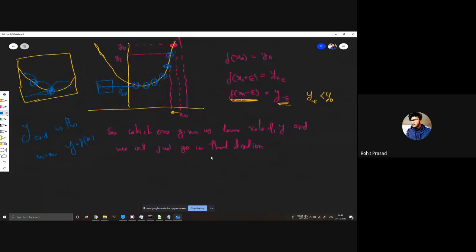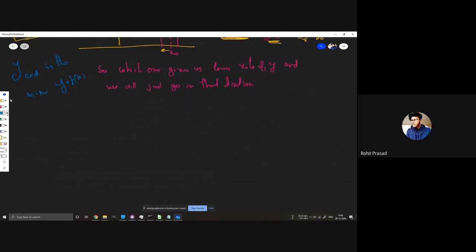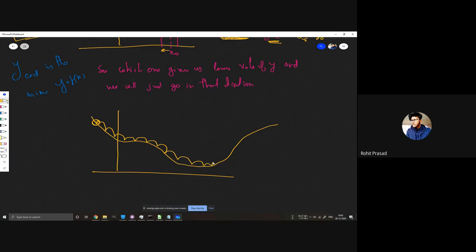Okay, so let's say we have a graph something like this, and we start here. So we will go here and here and here and here, something like this, like a dropping ball. Actually it won't get that close to the minimum value, but it will go pretty close.